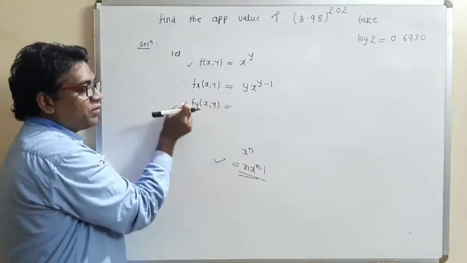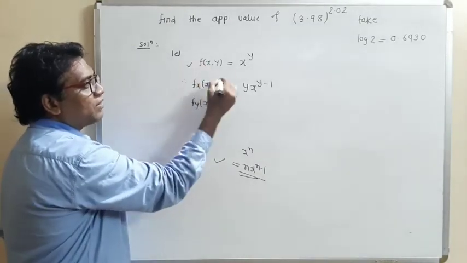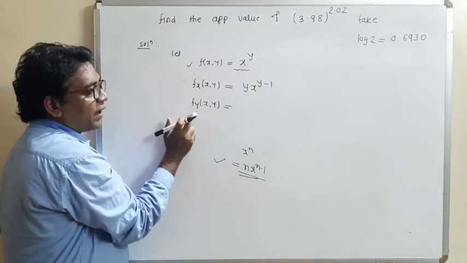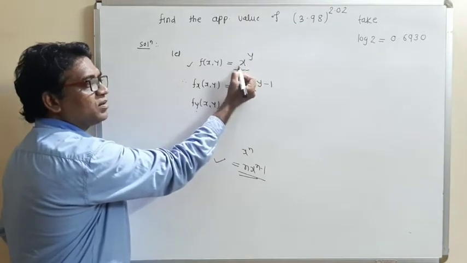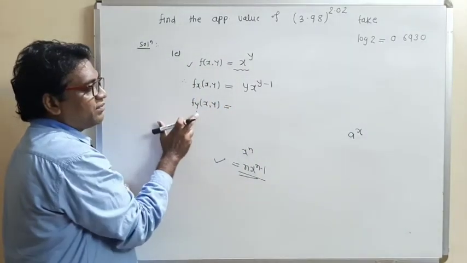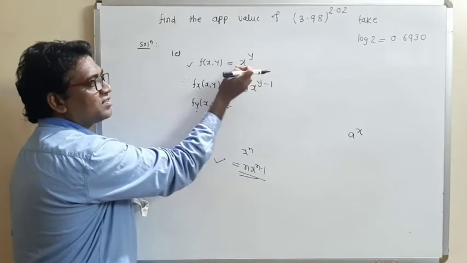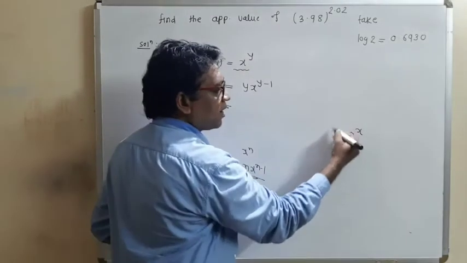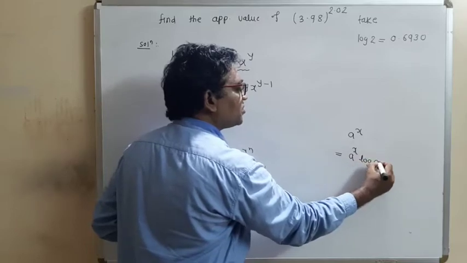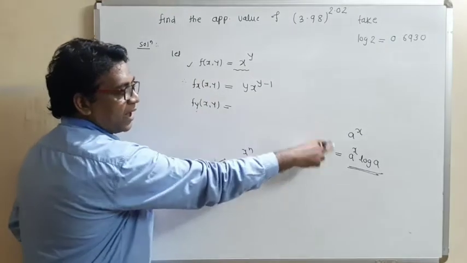Now find out the next derivative, the partial derivative with respect to y. So differentiating this f partially with respect to y by keeping x constant. So this is a constant term, and this is just like a raised to x. Partial derivative with respect to y means we have to keep x as a constant. So this is just like constant raised to something. And what is the derivative of a raised to x? It will be a raised to x into log a. So use this pattern. Derivative will be a raised to x as it is.